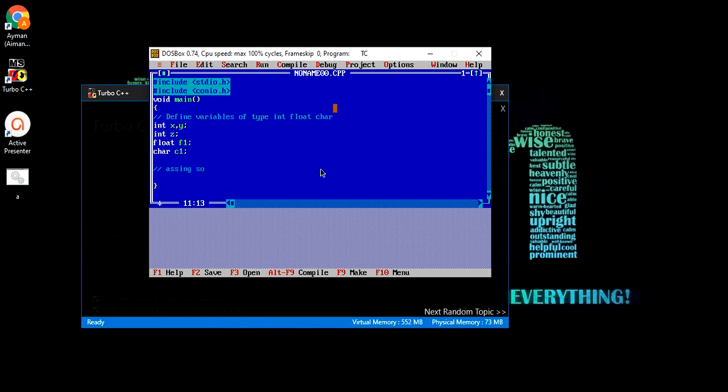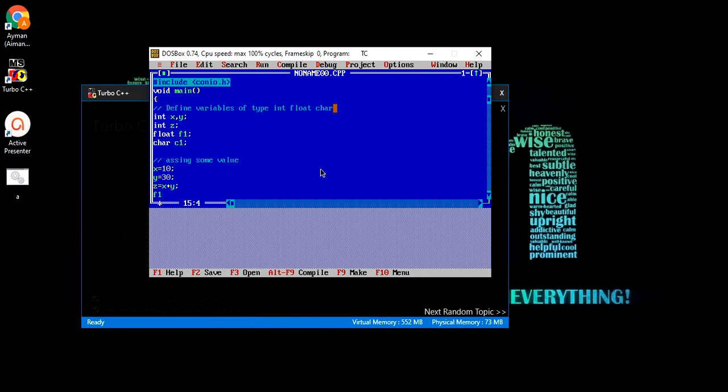Now let us assign some values. I am assigning the value 10 to the variable x, 30 to the variable y, and z equals x plus y.